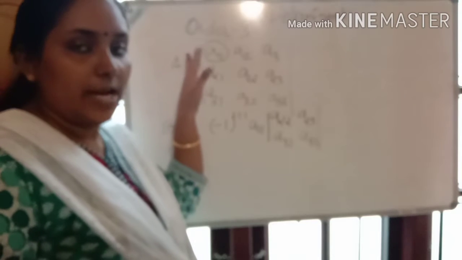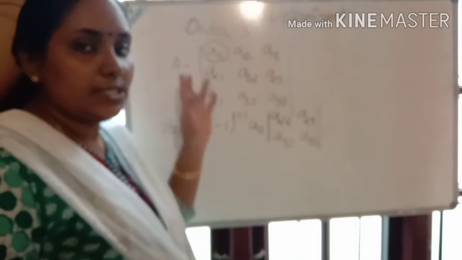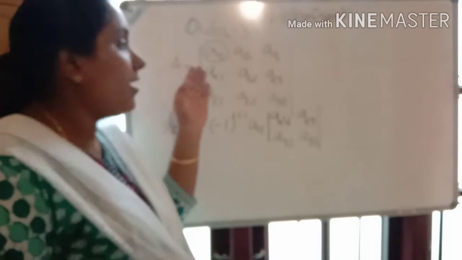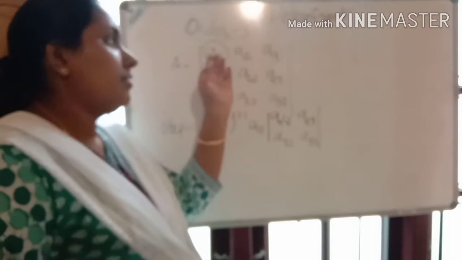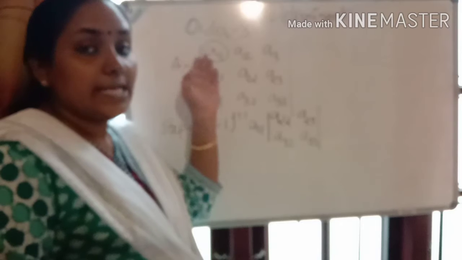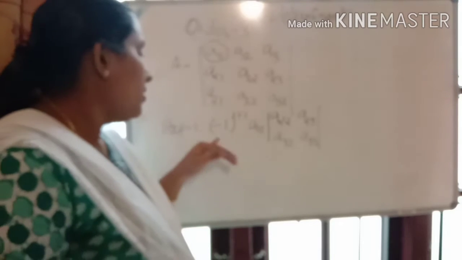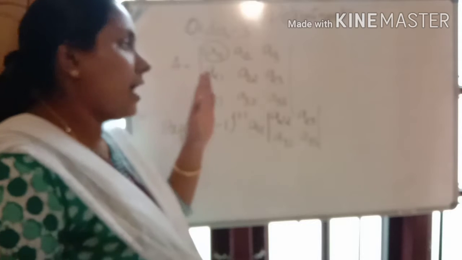Let us continue the chapter Determinants for Class Plus 2, NCERT and SCERT syllabus. Today, in this session, we are going to learn the determinant for order 3 by 3. Consider the first element, which is in the first row and first column. Eliminate the remaining elements in that row and column except A11. So the remaining elements are deleted.